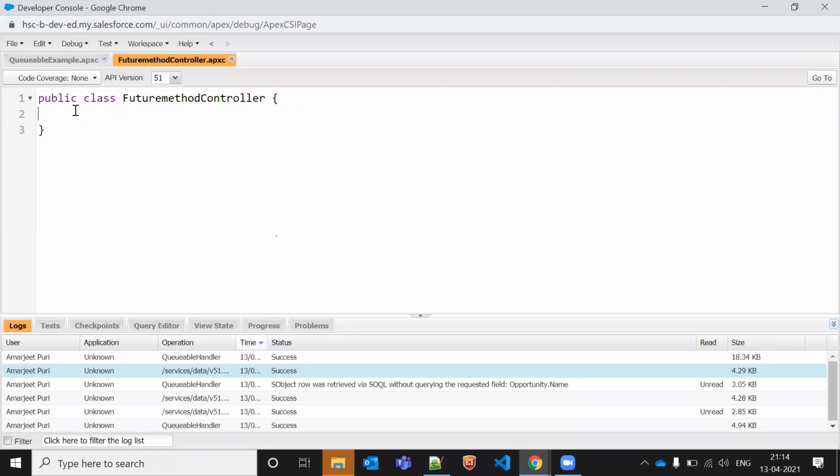Okay, fine. So let me do one thing. Let me just go to add it. Future, global static void future method one, something like this.